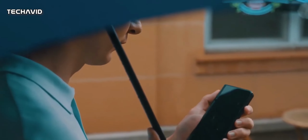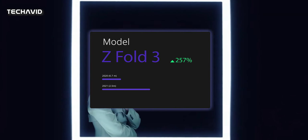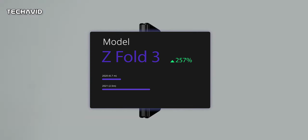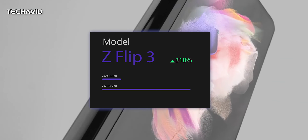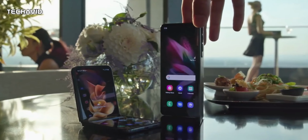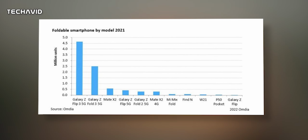So this year Samsung is shifting its focus towards foldables, and rightly so because the sales figures of Samsung's foldable phones are skyrocketing. The Z Fold 3 sold about 2.5 million units in 2021 compared to 700,000 in 2020. The Z Flip 3 performed even better at 4.6 million units compared to 1.1 million Galaxy Z Flip units. Both these phones make up 7.1 million shipments in total, or a whopping 61% of the total foldable market in